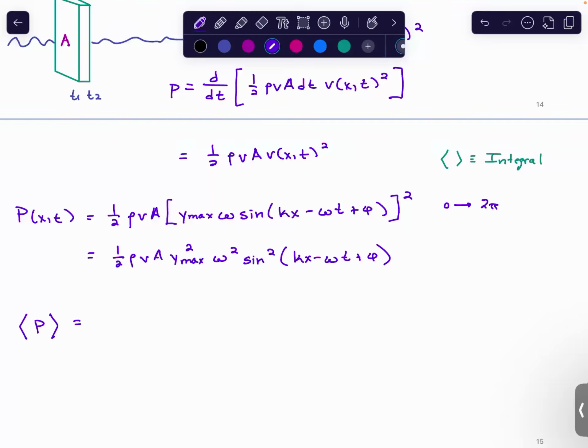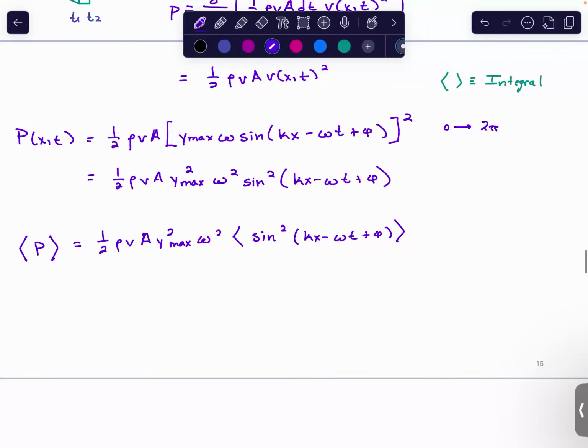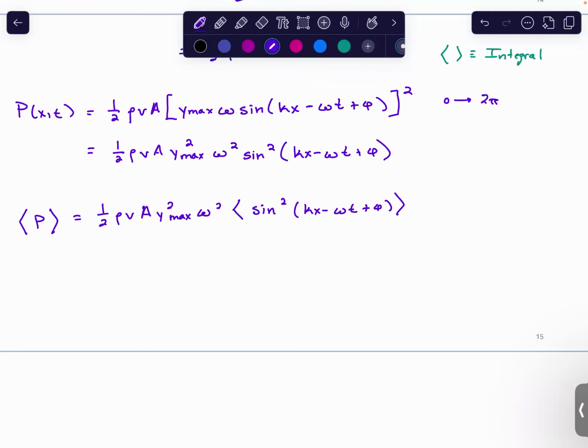And what this breaks down to is you're going to have rho, this V is going to be a constant, A y squared max, omega squared, and then we're going to have the integral of that. Now we're not actually going to do this because it would be getting up to some pretty advanced calculus, but what you find out is that essentially